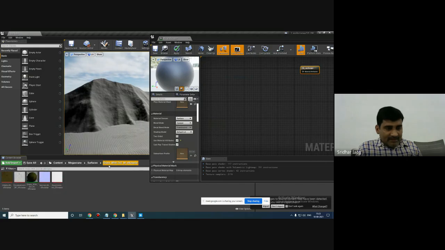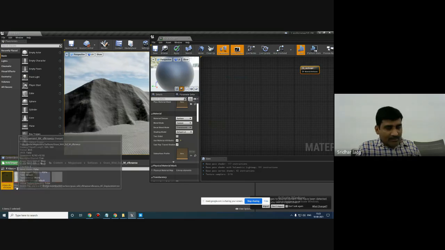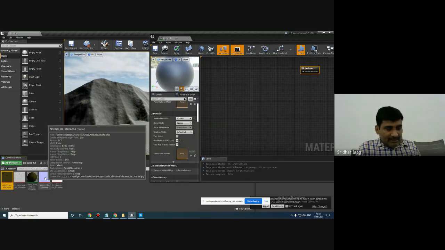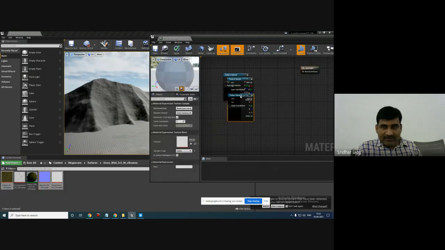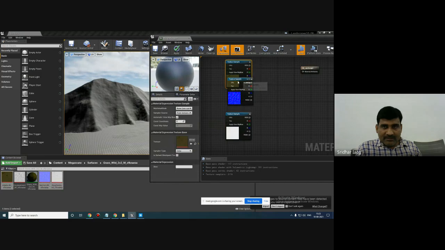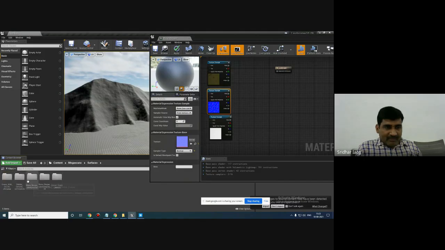So this is the grass, right? You can see the grass wild. So I will call the albedo map as well as normal map, and I will call rough map. I will call these three maps here. So you can expand like this. So very simple way. So in a similar way, I want to use